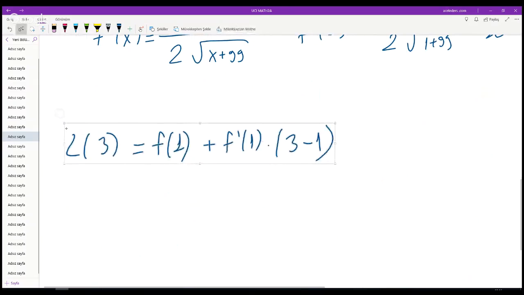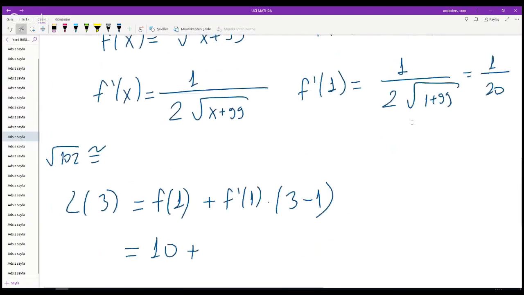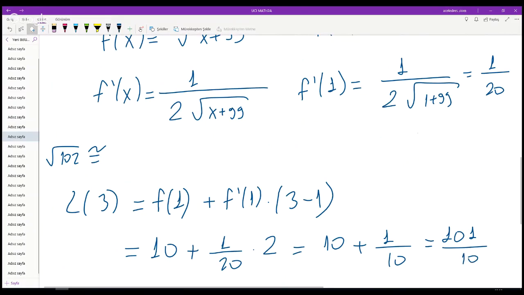When x is 3, the approximate value of square root of 102 equals f(1), which is 10, plus f prime(1), which is 1 over 20, times 2. So this is 10 plus 1 over 10, which is 101 over 10, which is